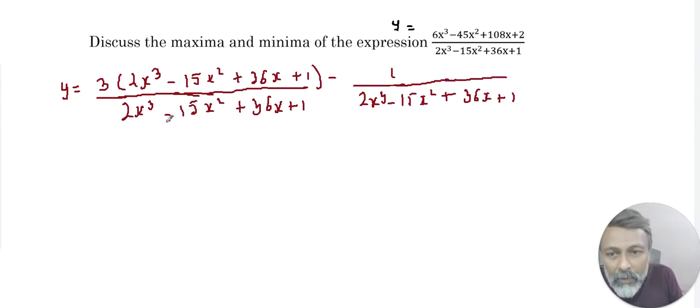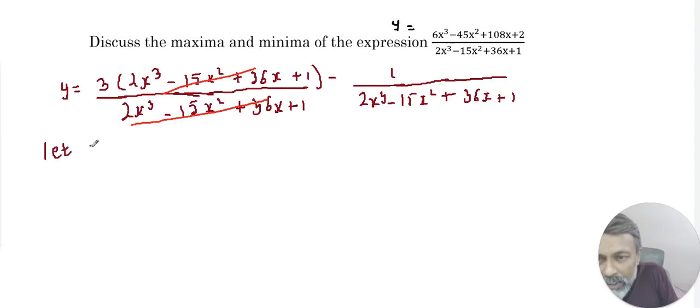This can get cancelled out. So we are left with only a 3 in the first position, and now we are only concerned for this part. Now to know its maxima minima is again difficult because it is in reciprocal form. So when you want to take the second derivative, it will be more difficult. Therefore, let us consider